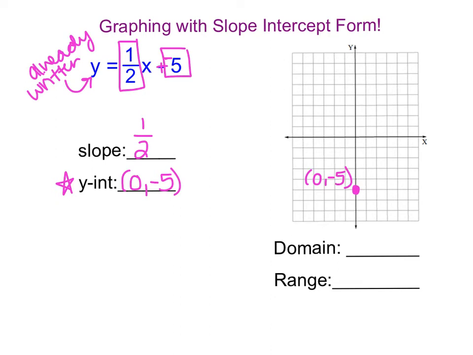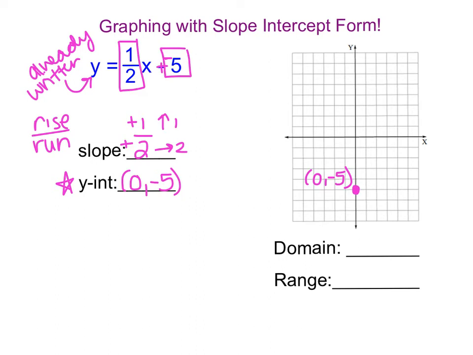Then from here, I need to plot additional points utilizing my slope. And remember, slope is my rise over run. So since these don't have symbols, that's implying that both of these are positive values. So what this is saying is we're going to move 1 in the positive vertical direction, which means we're going to go up 1. And then we're going to move 2 in the positive horizontal direction, so we're going to go to the right 2. So that pattern of up 1, right 2, up 1, right 2